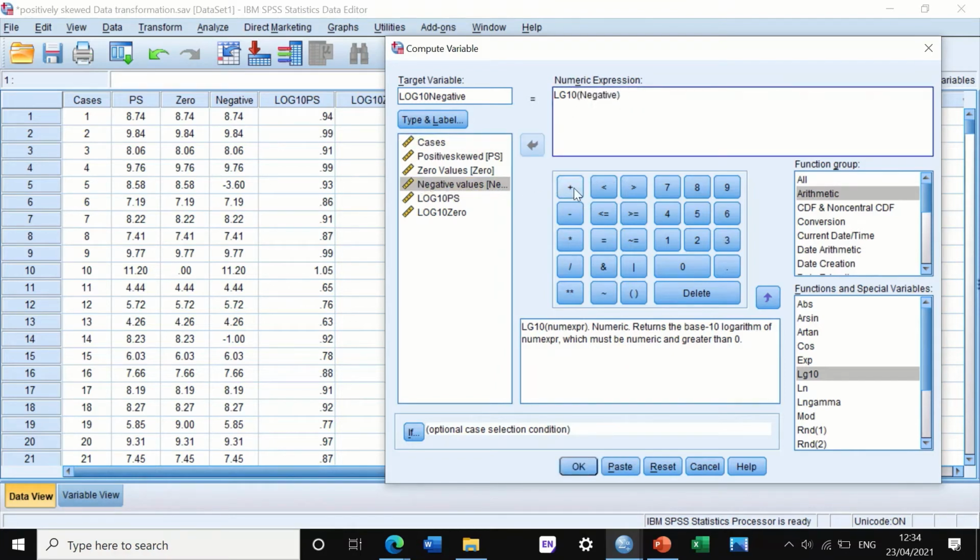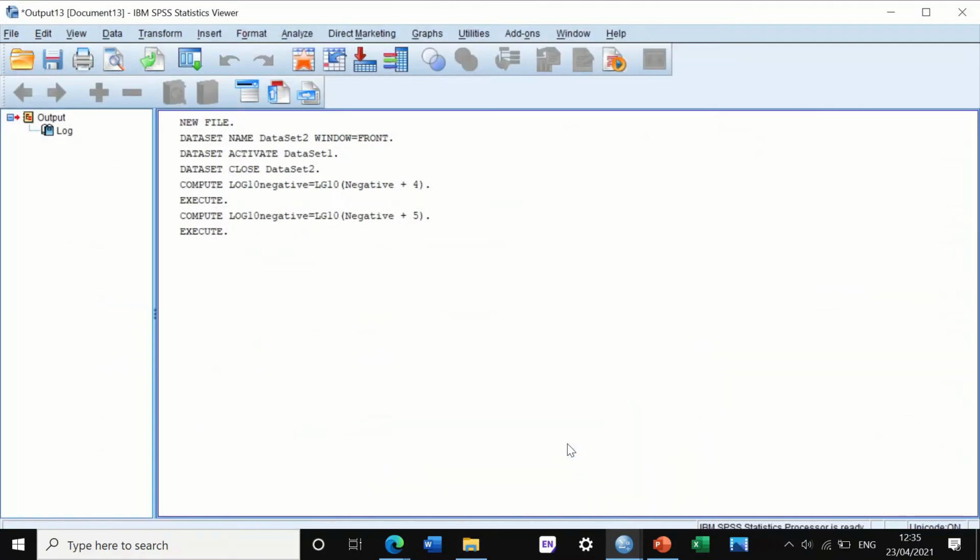Add to this column number 5. So what does this equation say? Do the log10 for the column labeled negative, adding to each cell in it the value 5. If you click OK, again,